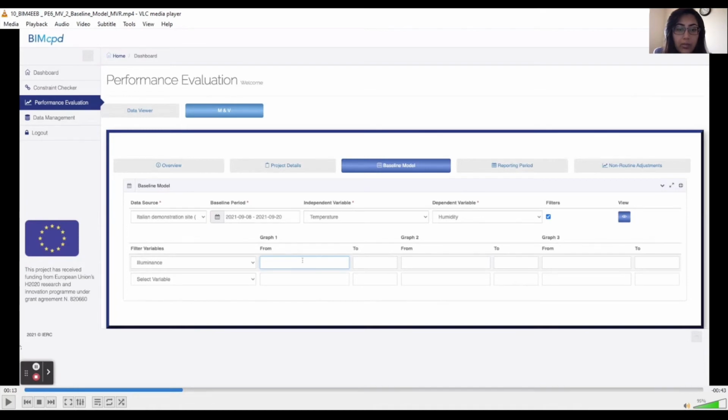Since we want to create a multivariate regression model, 3 variables are selected from the data source. The independent and dependent variables are selected from the drop-down list, and a 3rd variable is needed. And when adding the 3rd variable, the user can enter some values in the from and to input fields, and this allows users to split the graphs into 3 and filter them by the entered values for the 3rd variable. So when the query is then submitted, 3 graphs are displayed,